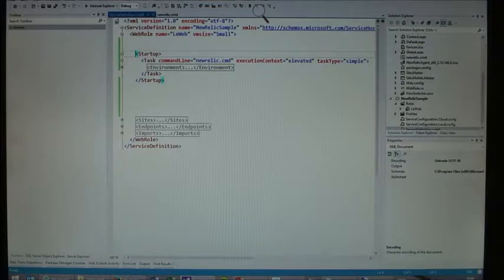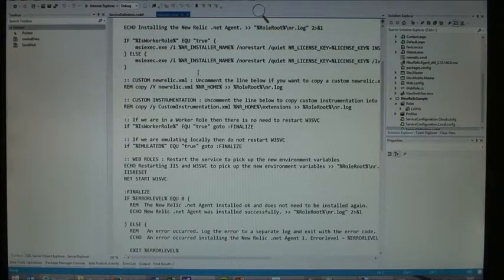So if you look at service definition.csdf, we see that we have a startup, and the task is calling newrelic.cmd. This is run in elevated mode, and it's of task type simple. Task type simple meaning that if this fails for some reason, the role won't start at all. So we need to be able to execute this newrelic.cmd to be able to start the role at all. If you look quickly in the New Relic CMD, we see that it's doing a bunch of code, and this is not code that I have written. It's code that was added to my project through a